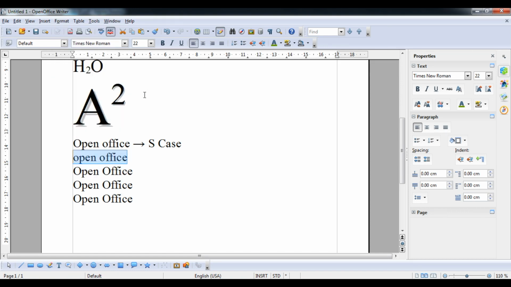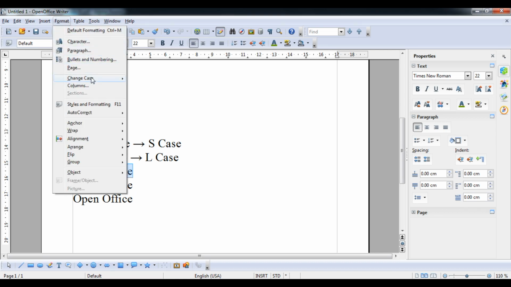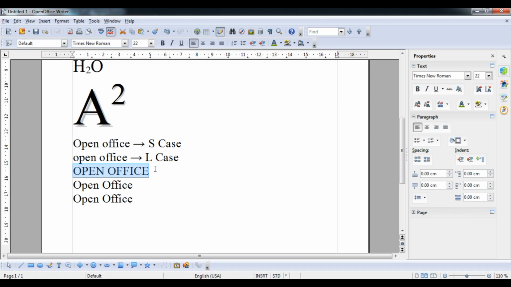Okay, the next one thing I'll type here. Format, go to case, lowercase. Now you can see that open has been converted to lowercase. So I will do this one thing, lowercase. Okay, and then next one thing I will select it, and then after that go to the format option, and then you need to click on change case, uppercase. So after that everything will be in capital letters. You can see, student, so you can see what is uppercase.